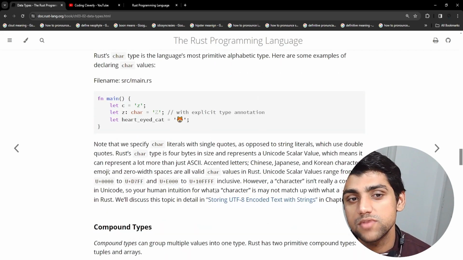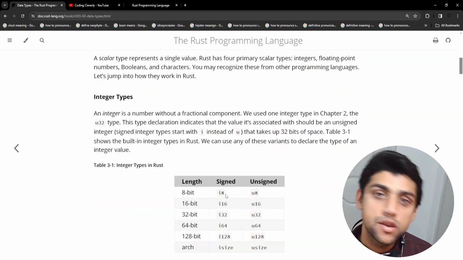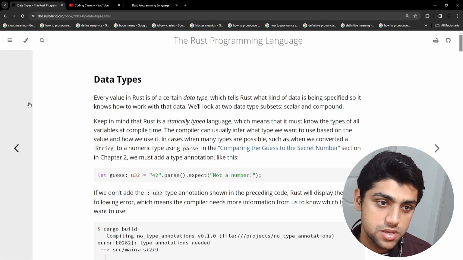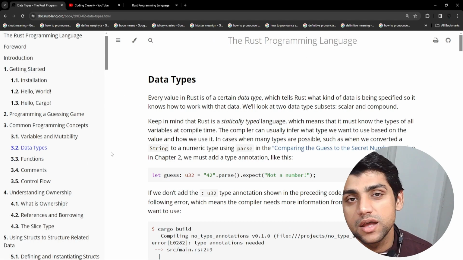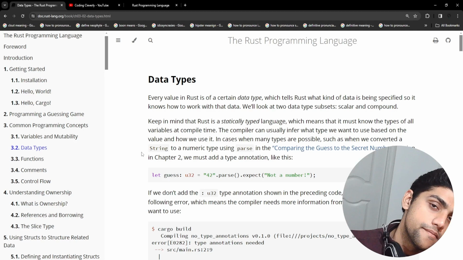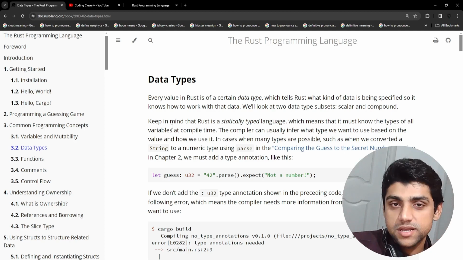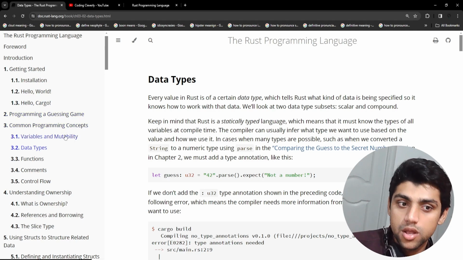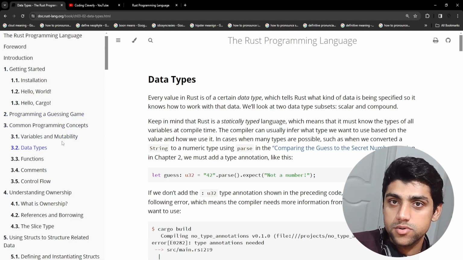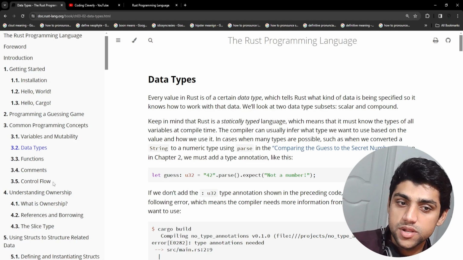So we could conclude a little bit. We have an understanding of the data types that are available in the Rust programming language, and we normally see this is a constant pattern in every single programming language. You normally start with hello world and then create a small project like a game, and then you basically look at the variables and data types and functions and comments and control flow,